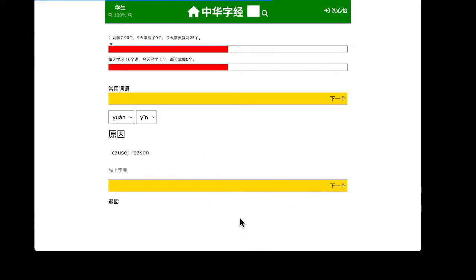Okay, this is our next button. Our commonly used words and phrases. 原因, cause or reason. 自由, freedom and liberty. Are these not the ones that it gave me yesterday? 对啊，你昨天没有 finish 嘛，你就 finish。 Oh, didn't I not finish it because it was broken? Yeah. Okay, well anyways, it should work this time.